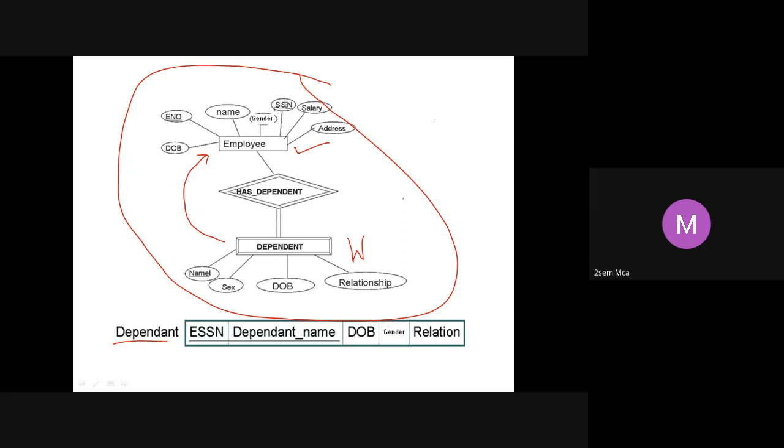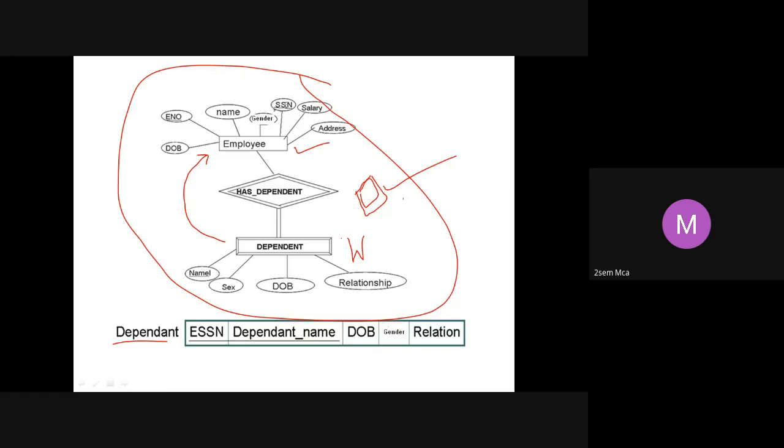There should always be an identifying relationship. Look at this relationship. We have not simply given it as a diamond; we have given it as a double diamond. Double diamond means identifying relationship: a relationship which connects the weak entity to its owner entity. Such a relationship, you call it an identifying relationship. I repeat, identifying relationship means what?